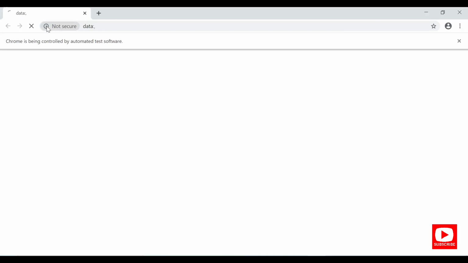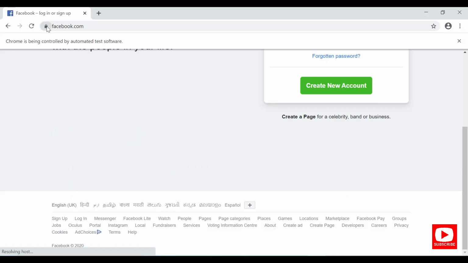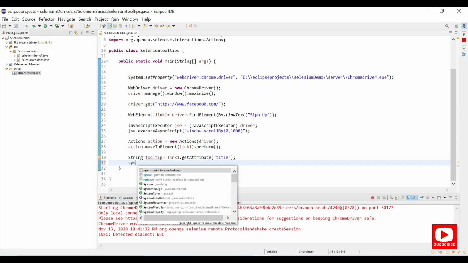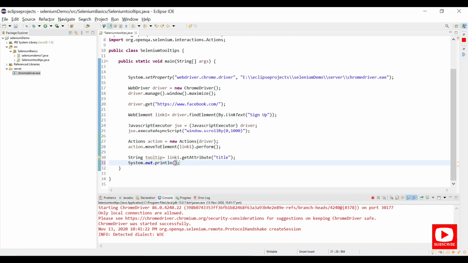So it has launched the window, it has maximized, and it has scrolled down. I think it is not scrolling because my mouse pointer is at the top. Let me try to print this: System.out.println verifying tooltip.